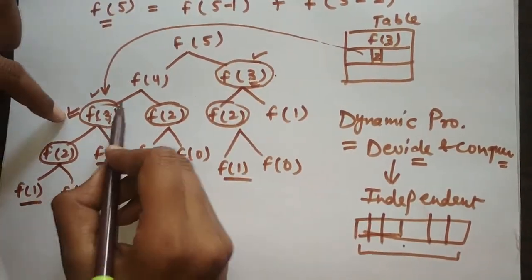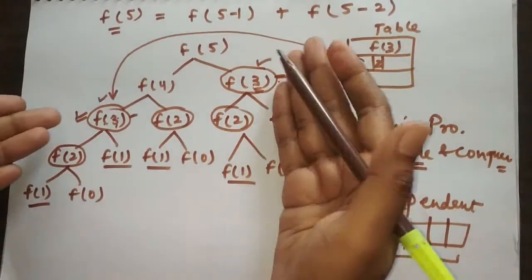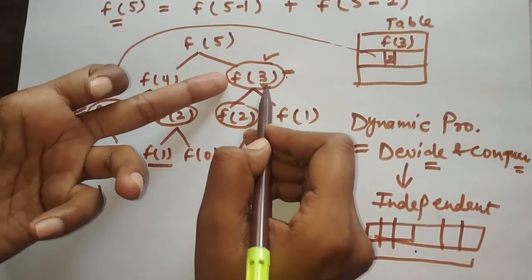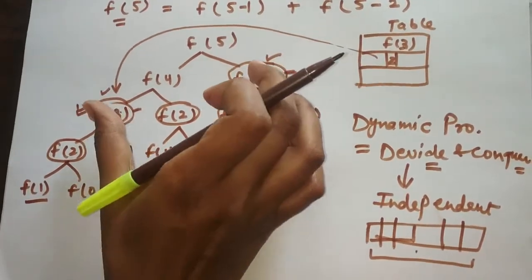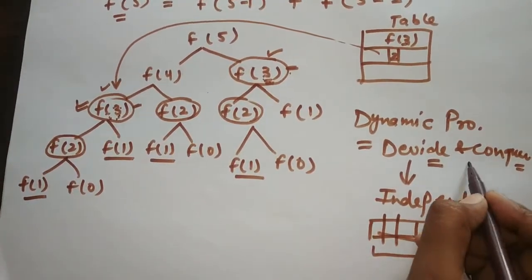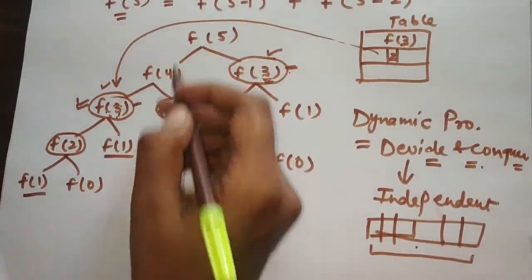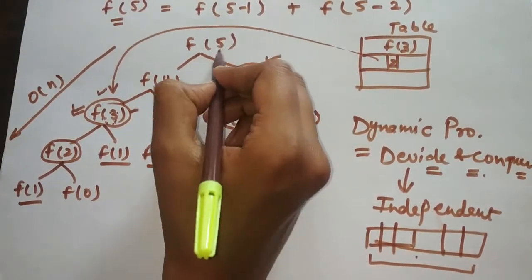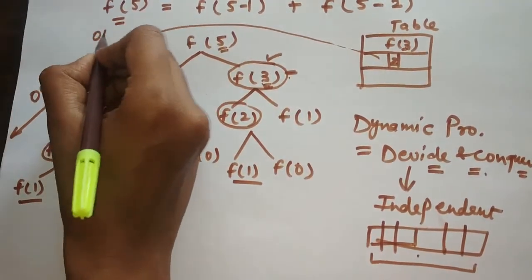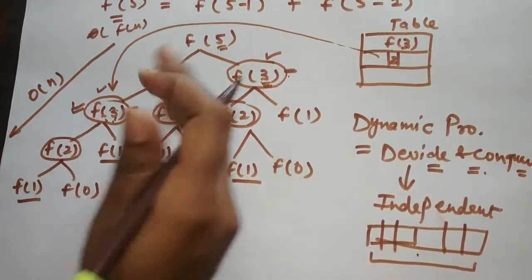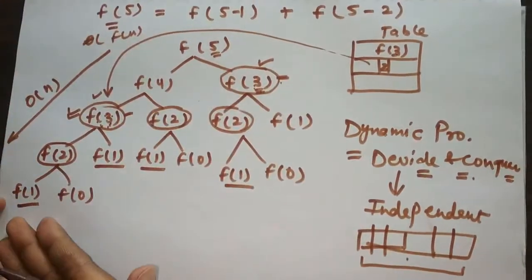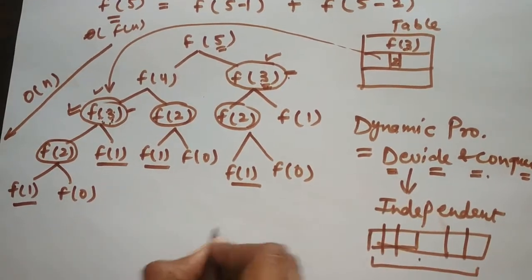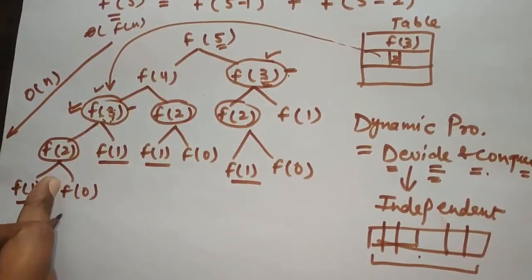So here all the subproblems are independent, but if we see the example of the Fibonacci series, there is a dependency, they are interrelated subproblems, because here we are seeing the Fibonacci series of 3. So here is the interdependency between the problems. So here divide and conquer will take the same thing. Let's say the depth of this goes to order of n. If we are seeing f of n, then our depth will go till order of n.